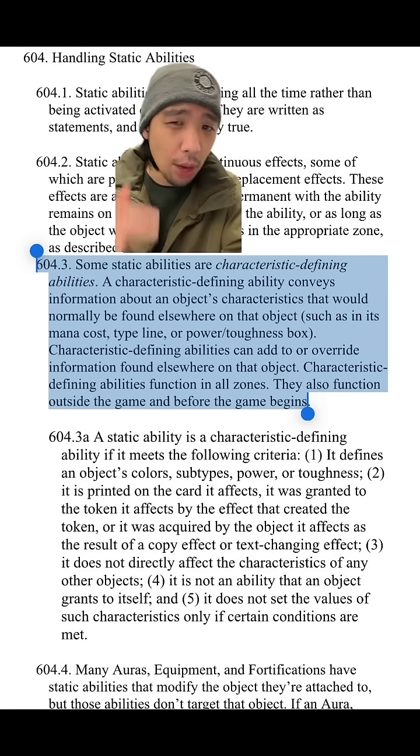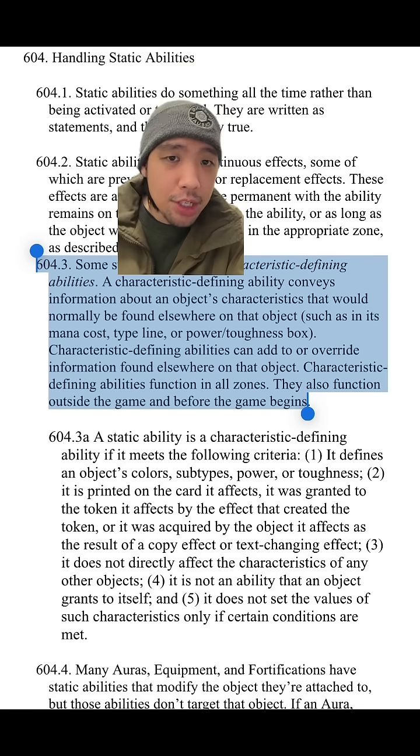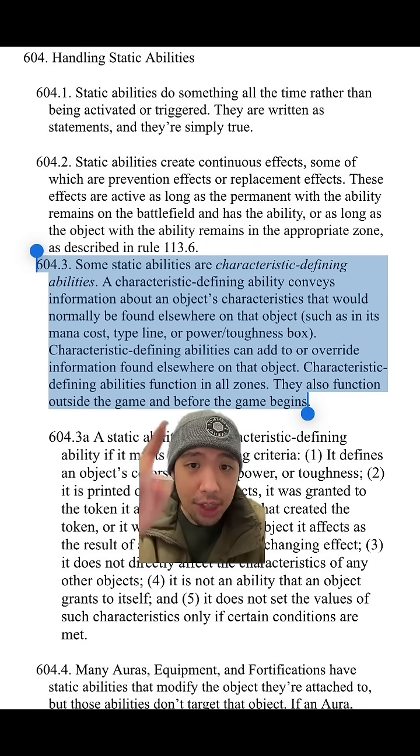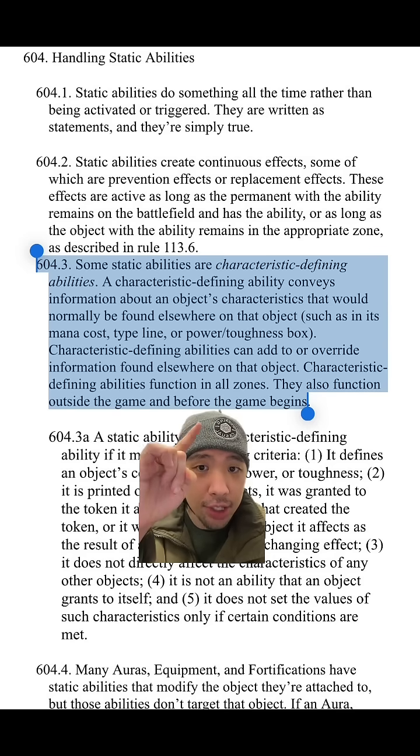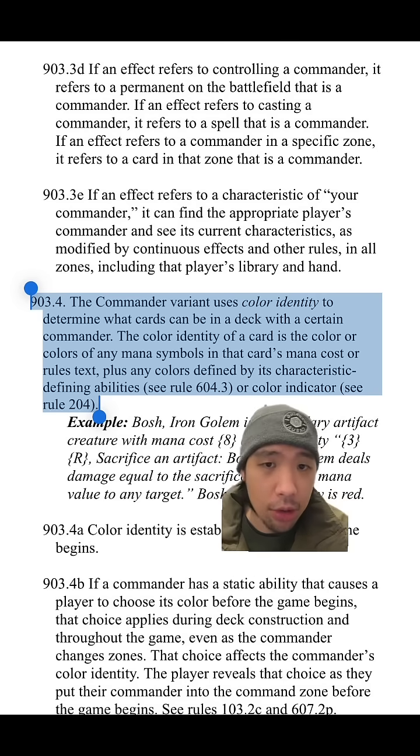It's a static ability that we call a characteristic defining ability. That would be any static ability that would give information about that card that would normally be found somewhere else on that object. And the thing about them is that they function in all zones, and they also function outside the game and before the game begins. This means that in Commander, we would look at characteristic defining abilities when determining the color identity of a card